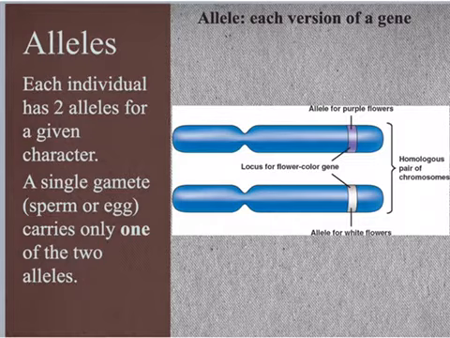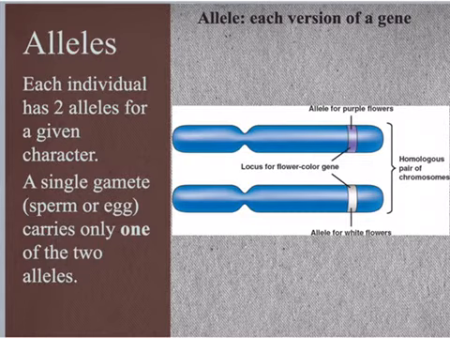We're going to begin with the allele. An allele is the version of a gene. So on every chromosome there are many genes, and genes are going to code for different things: hair color, eye color, etc. An allele is the specific version of that gene. So in this case, in a plant, they may have a gene for flower color. And so the gene itself is flower color, but the allele is going to be what color it is actually